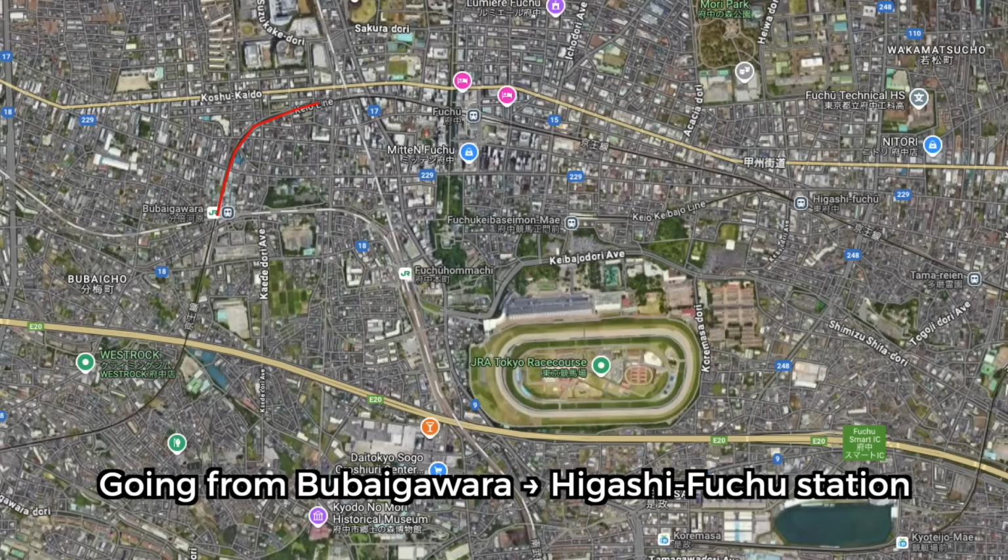Special express train bound for Shinjuku. The next stop is